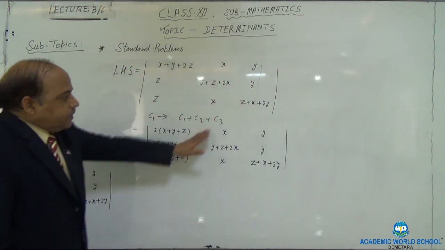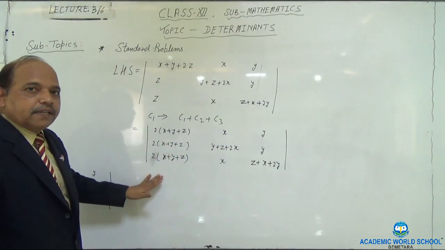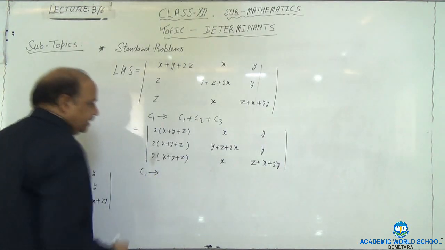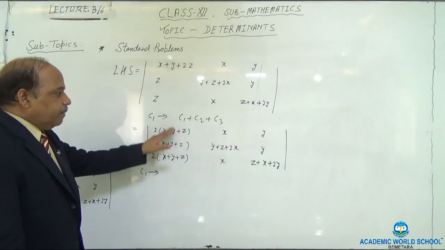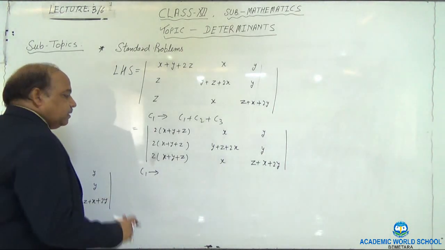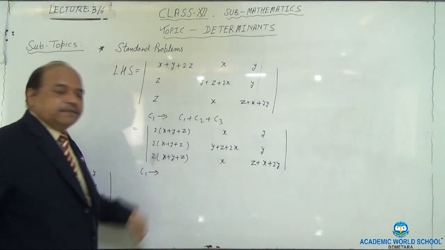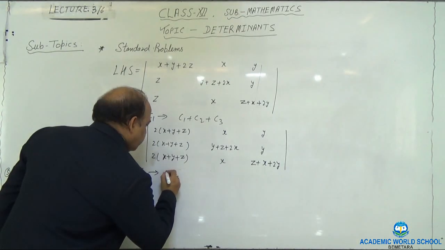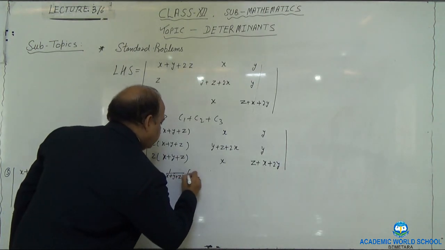Now, no change in the C2 and C3. The only change we have brought in is this. Now, what is the next step? Take this common. So now we are going to make a change in that. We are taking this common outside. I hope you understand. We are bringing this outside. So if I take this one outside, what are we actually doing? We are multiplying by this outside and dividing also by this side. Okay, so we are bringing this 1 upon x plus y plus z in C1.